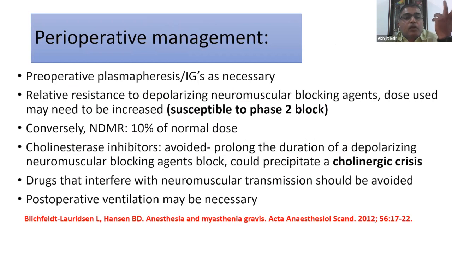So for perioperative management, use 10% of the normal dose of non-depolarizers. Depolarizing blocks, although not indicated, can be used, and they need a higher dose, but then they are susceptible to phase 2 block. Cholinesterase inhibitors should be avoided because they prolong the duration of the neuromuscular blocking agent. All the list that I showed you regarding the drugs that interfere with transmission should be avoided, and